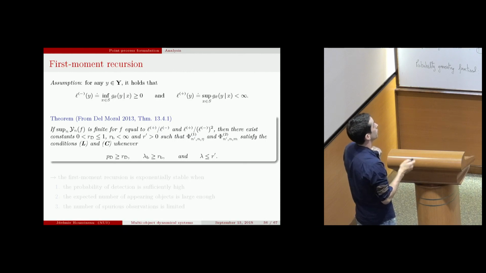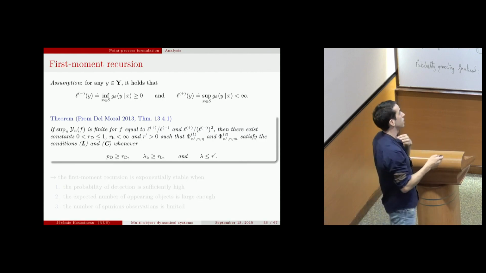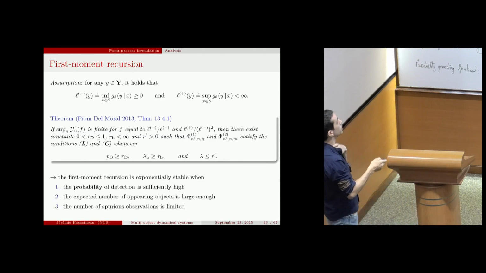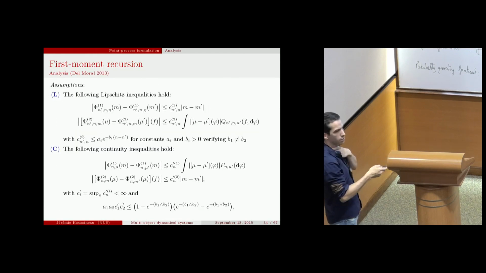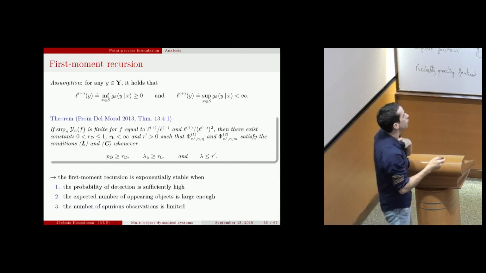Then for the first moment recursion, we've just written: basically, if we assume that the probability of detection is high enough, more than some constant, and the expected number of births is also high enough, but the false alarm is not too high, then those complicated assumptions are verified. So I think that's quite neat. It's not a very quantifiable result, but it says that under those assumptions,